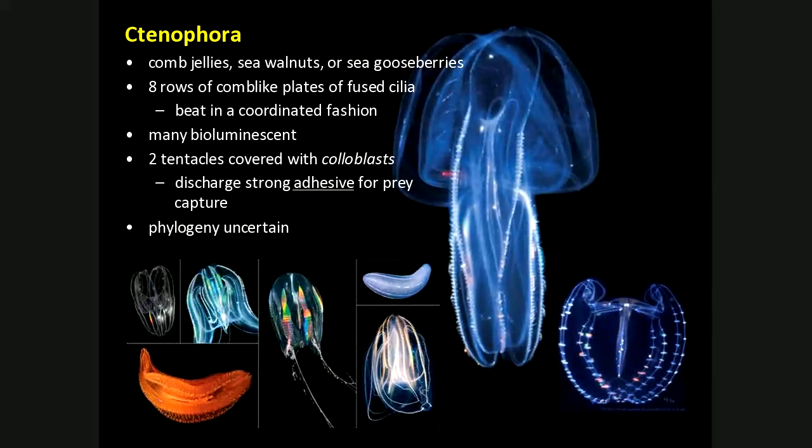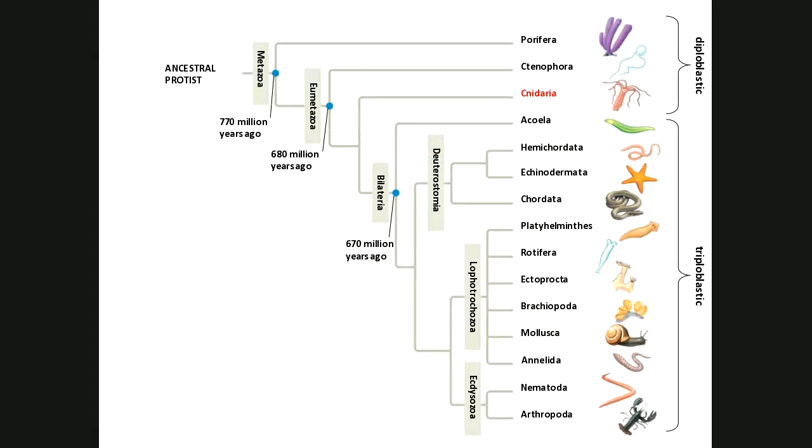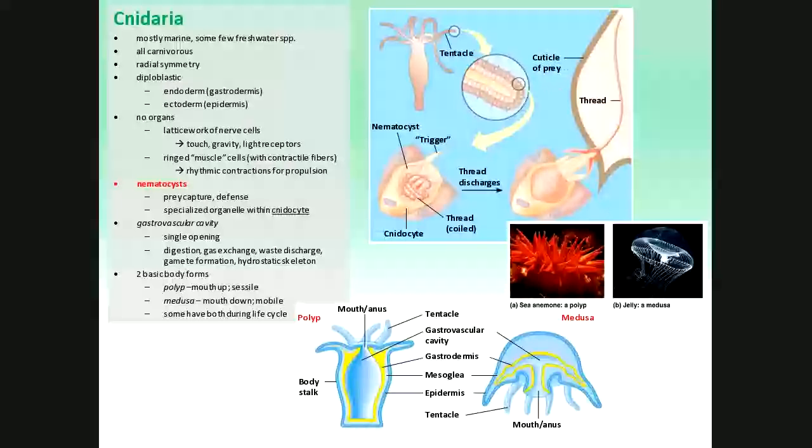It's beautiful. Okay, so that's the comb jellies. Let's move on now to the true jellies, or the cnidarians, right? So the cnidarians are mostly a marine group. There's a few freshwater. Ironically, you're probably more familiar with the cnidarian that's a freshwater than any other one. Like in the picture, Hydra, the one you might have seen under a microscope in high school or maybe in Bio 1. Hydra is a cnidarian, and it's actually a freshwater cnidarian.